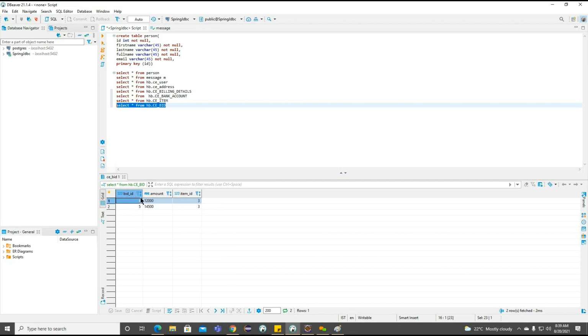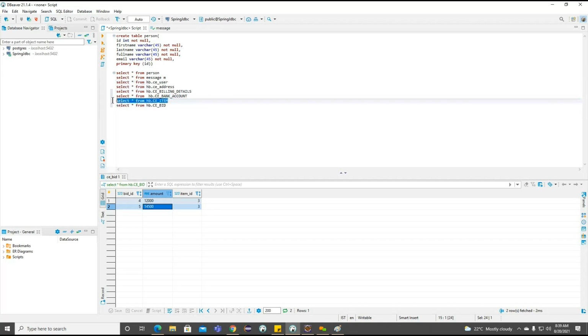Now you can see 4 and 5. 4 and 5. So for the 4 we provided 12,000. For 5 we provided 15,500. But now if you see the item ID, we are having 3 only. Getting the point? So if you want to see what is the item we can identify, that is called mobile phone. For the mobile phone we are going to get 12,000 as well as 15,500 here. So this is the way we can make the many to one and one to many.